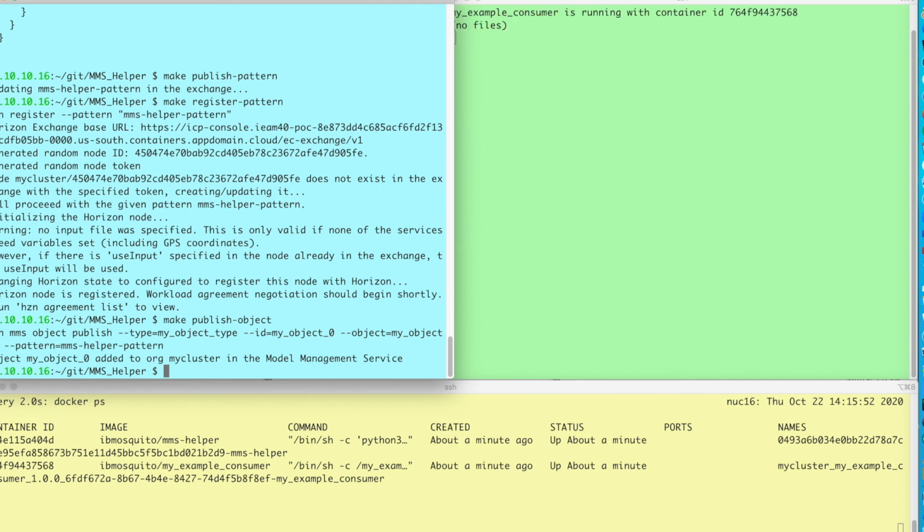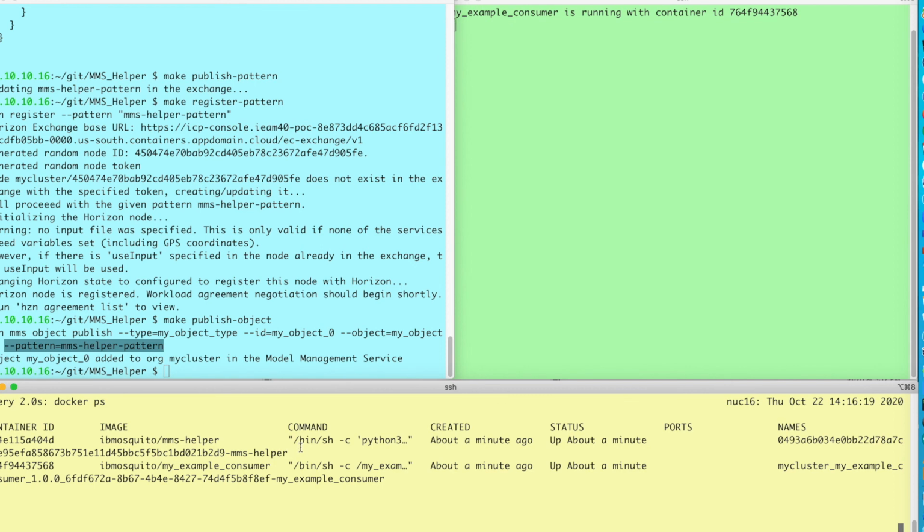So it executes this exact command, hzn mms object publish, and it specifies the object type, which is my unimaginative type name here, and the object ID, also unimaginative, and then the file name, where it can read the actual data of the file, and then the target that you want to send it to, which I'm just going to use the same pattern that I used to deploy this code. So these things are up and running down here,